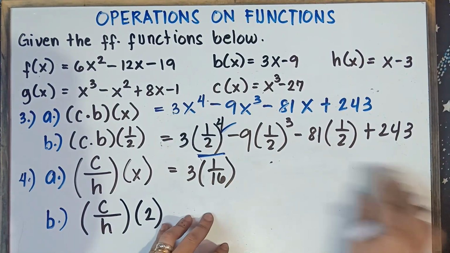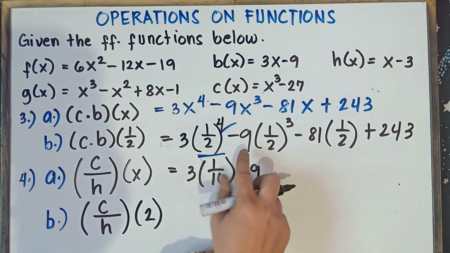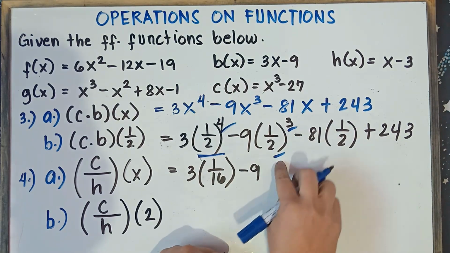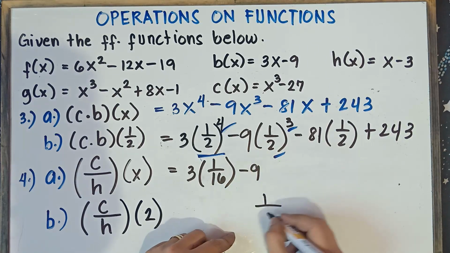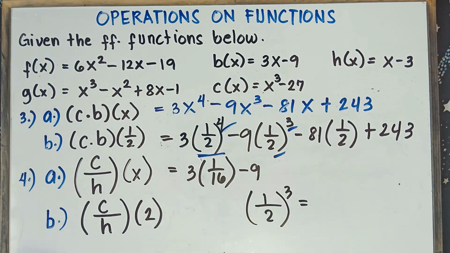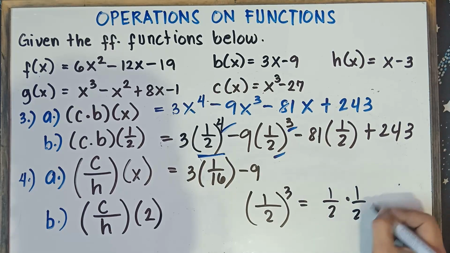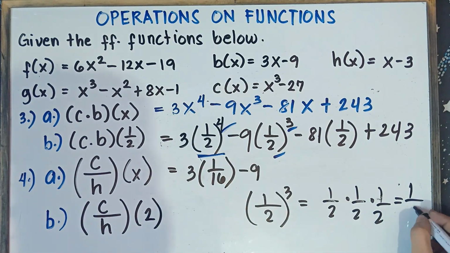And then simply simplify this one. So copy negative 9. Once again, class, do not multiply negative 9 and 1/2. You simplify this one first. Parentheses, exponents comes first. So copy negative 9. So 1/2 quantity raised to the power of 3. It means you multiply 1/2 by itself 3 times. 1/2 times 1/2 times 1/2. So 1 times 1 times 1 is 1. 2 times 2 is 4, times 2, that would be 8.